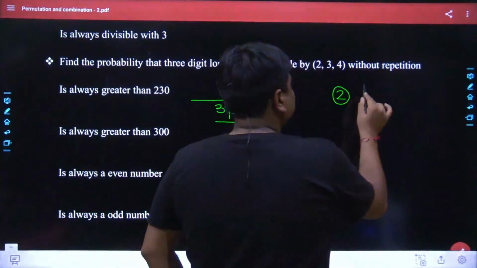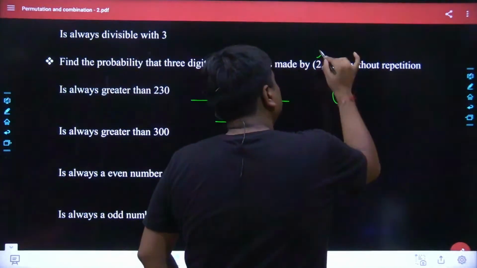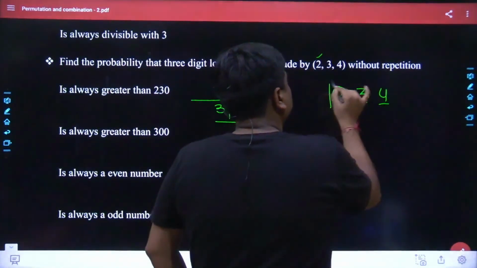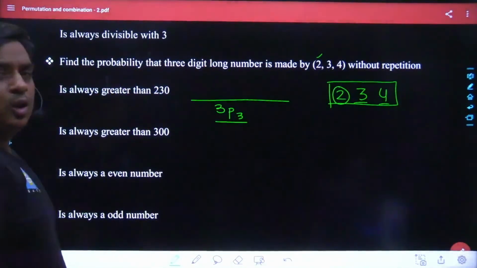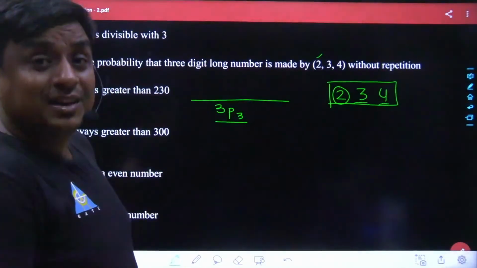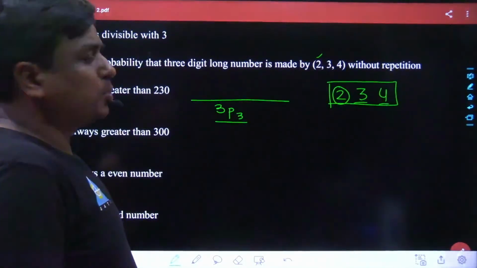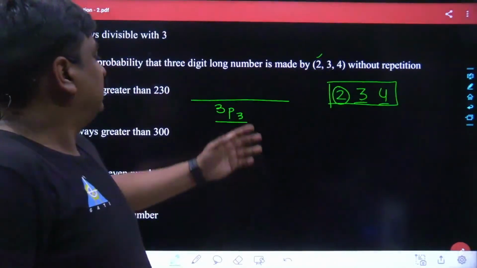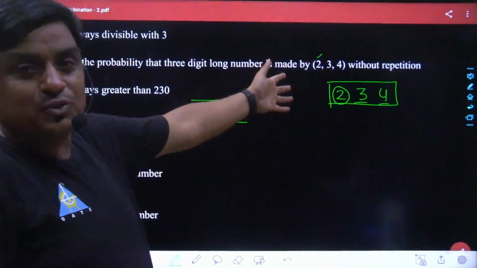Now here comes the tens place. Again, the least value has to be fed over here. The 2 is already used, so you are left with 3 and 4. So with the help of 2, 3, 4, the least 3-digit long number we could form is just 234. That is the least number. And in this problem, they are asking the probability that the number is greater than 230. As the least number formed is 234,